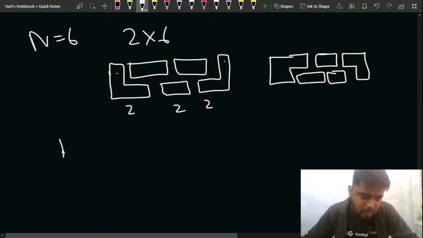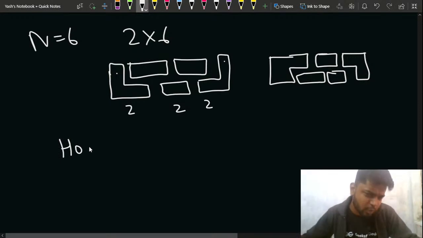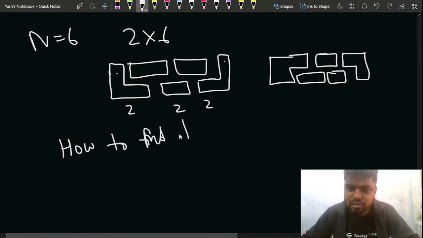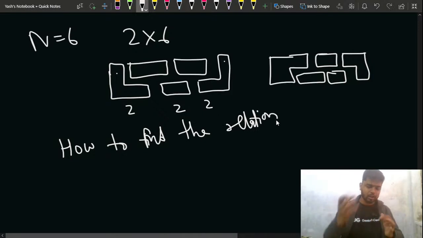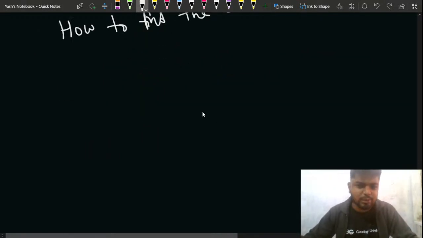The question is, you are clear that when you get a value, you can try out a lot of combinations, but how to find the relation? That is the point. Since there can be a lot of combinations for a particular value of n, which can be large, how do you determine what should be the optimal answer? For doing that, one thing that you need to observe is